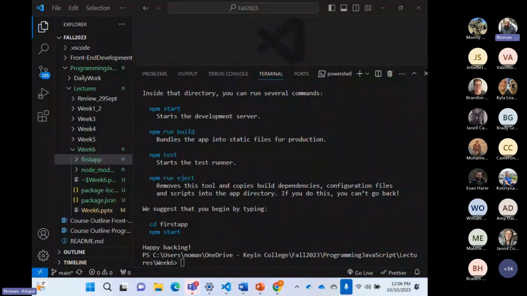All right, wonderful. So I can see a lot of people are ready for this one. And yes, there is something to note before we move on. Now, if you see that we have got the happy hacking message, and happy hacking today means that we are successful. Now, you see, we suggest you begin by typing this one. Now, this is very important. And I want all of you to look at what they are saying.